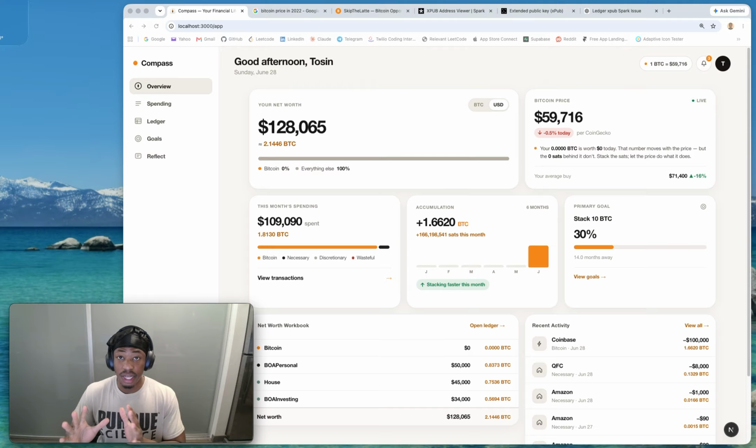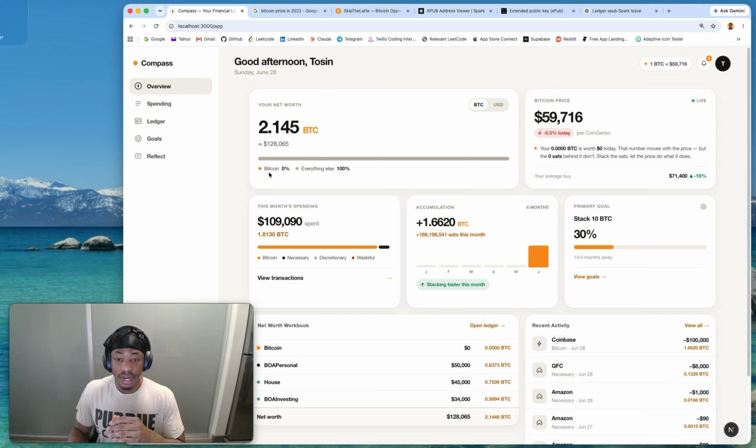I'm just going to get straight to the demo and show you guys what this actually does, right? So when you create an account, you'll be able to see your net worth, right? Priced in not only USD, but in Bitcoin as well, right? So here I can see, and this is all fake data, by the way, if anybody's curious, I can see that I have a net worth of $128,000, but in Bitcoin terms, this is actually 2.145 Bitcoin,